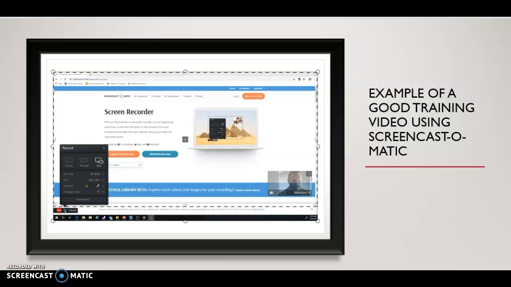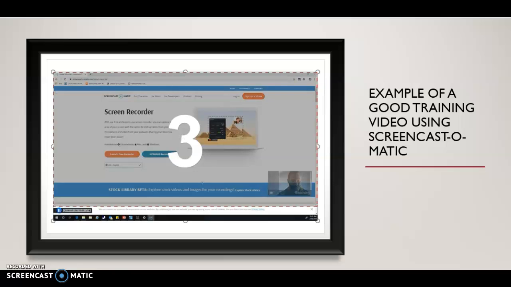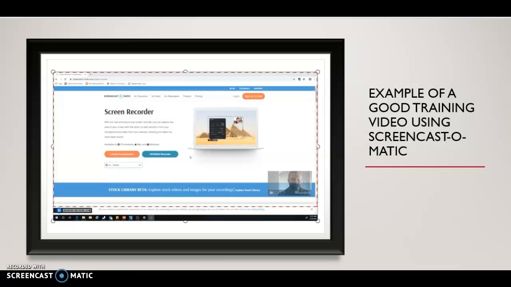So right here, I'm just bringing this up so the record button's a little more prominent. When we hit record, we're going to get a little countdown, and now we're actually recording. So I'm going to go and record. I'm going through processes. We're talking about a presentation. Maybe I'm going through a PowerPoint presentation and explaining that. Whatever it is, I'm narrating, recording. My face is in the corner here,